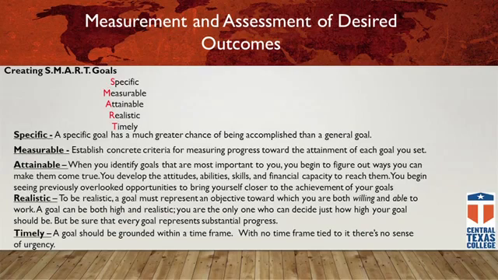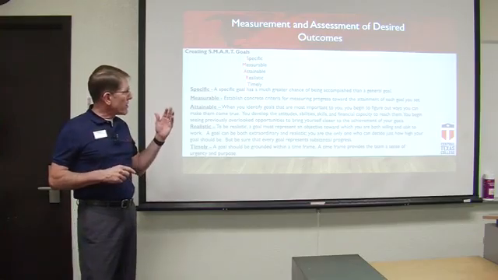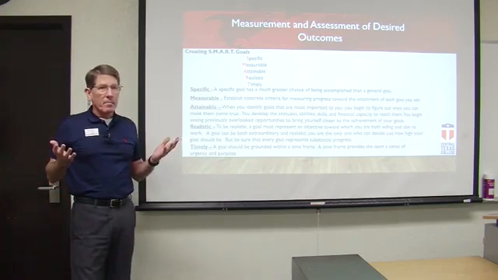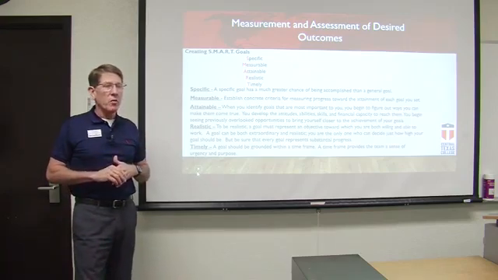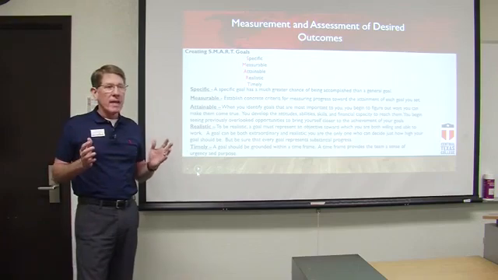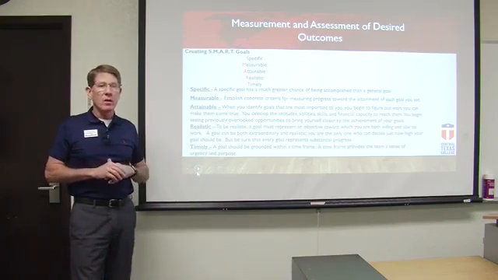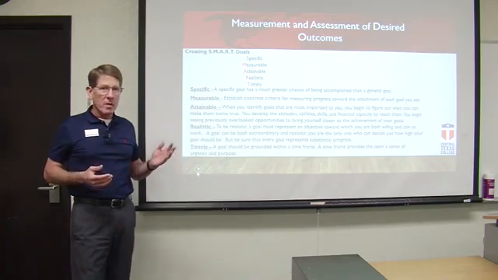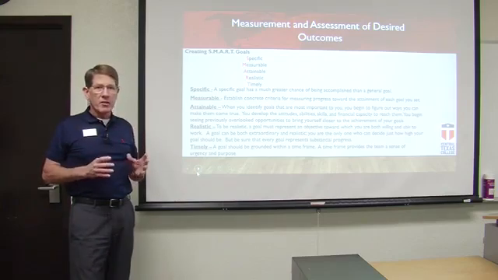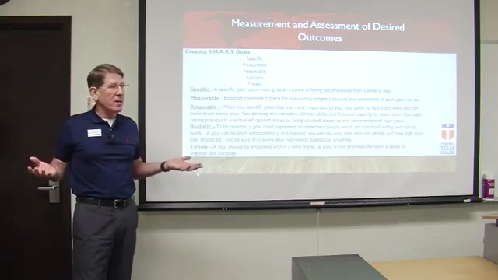But you want to make sure that whatever you choose to try to work on in your department is measurable so that you can tell if you're successful or not successful. You want to make sure that the goal or the outcome is attainable, realistic, and timely. Okay? If it's not timely, in other words, if you say you work in the grounds department, and one of your outcomes is that you want to make sure that 95% of your lawn equipment is operational during the summer months. That's a timely goal. It's measurable because there's a percentage, and it's timely because during the summer months is when the grass needs to be cut the most.